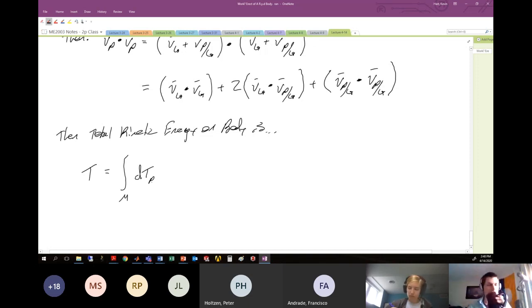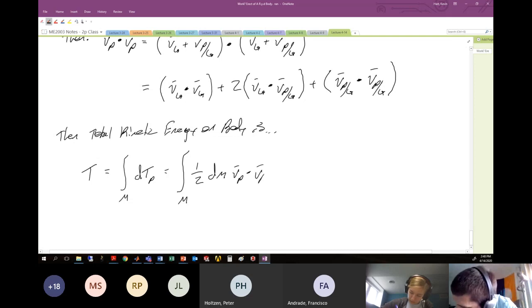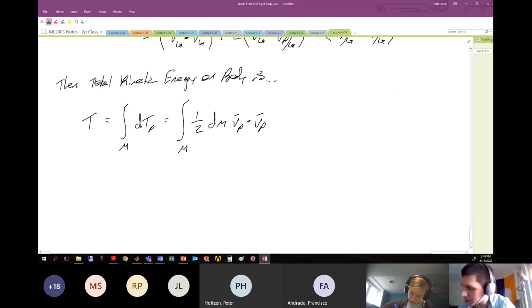So this is the integral of the differential kinetic energies of all of the particles P, which here is the integral on the mass of our sort of formal definition, 1/2 dm Vp dot Vp, or